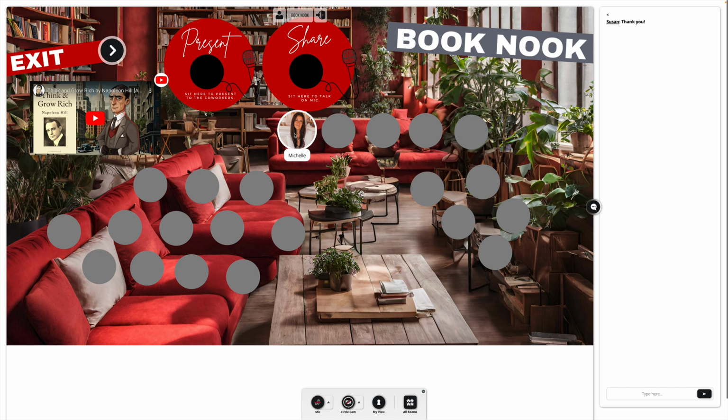Now I want to show you something really important inside these spaces. Normally we'll have circles up here, not in every room but in some of the rooms, for people to be able to present. So usually it's best if you're not a presenter or there's nothing that you specifically want to share, then just sit in the other circles which are around, more of the audience style circles. And if you do want to share anything or you have a question that you want to ask in a live session, you can come in here and click on the circle which says share or ask a question